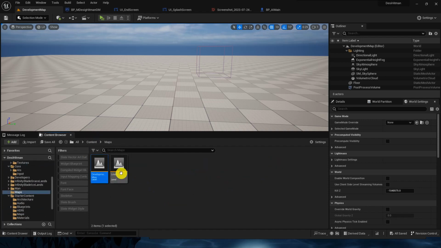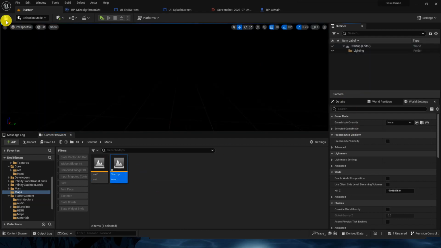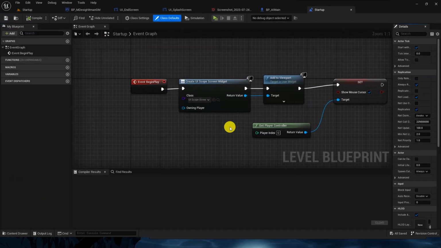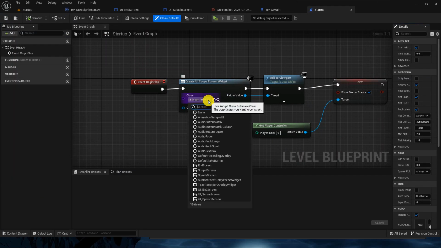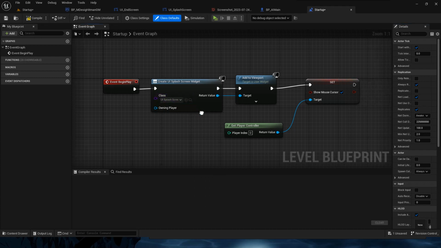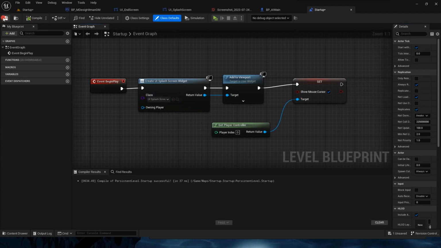So maybe in the development we can use this as the default map or startup map. In the startup, I will delete everything, save, open level blueprint, and we will use the UI splash screen. Everything seems perfect. Compile and save.